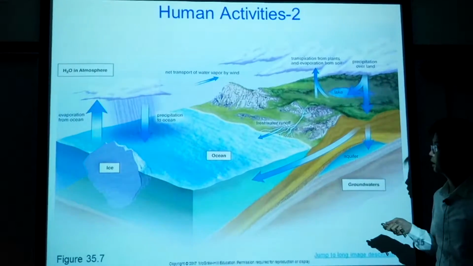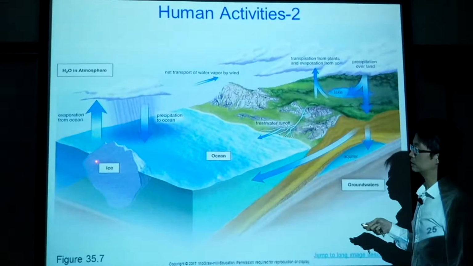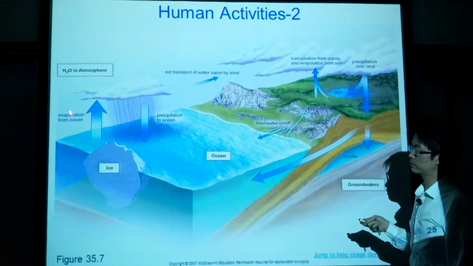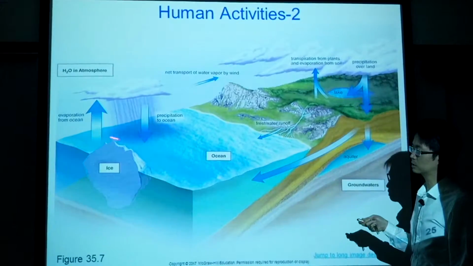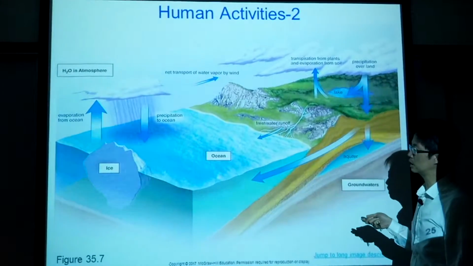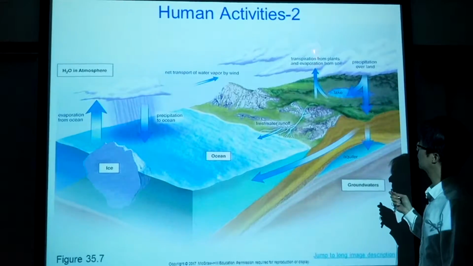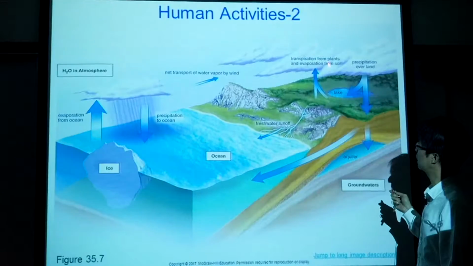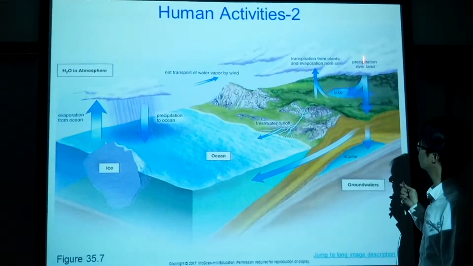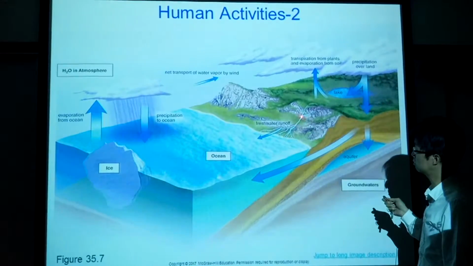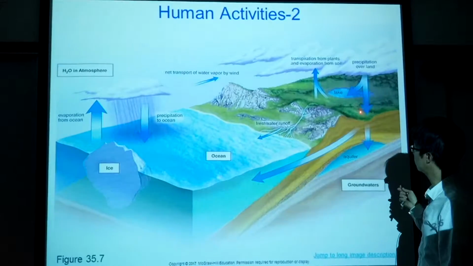So this is the summary of the water cycle. You can see that the evaporation from the ocean and the precipitation to the ocean form a mini cycle. And then also the evaporation from the land forms the cloud in the atmosphere, and then precipitation over the land will form the lake or the runoff, like a river, and then absorption of water going through